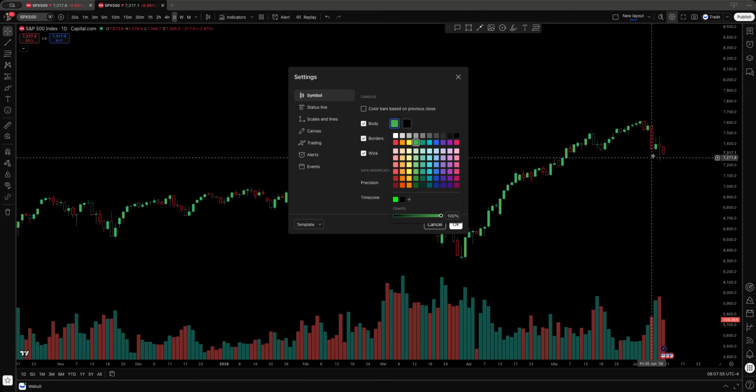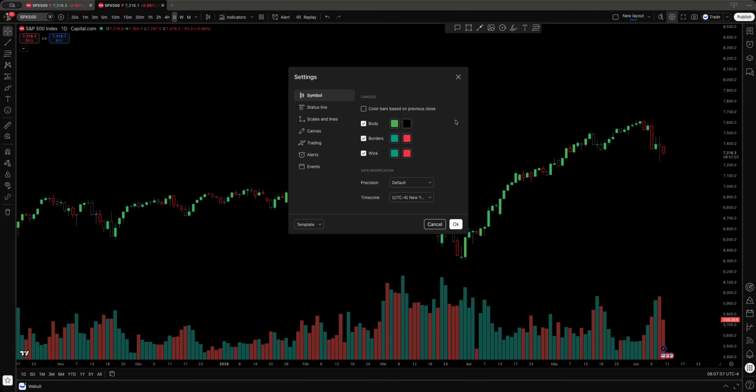That's kind of my Matrix theme, if you will. So you can just change that, and then also change the borders accordingly. For borders, I actually use green and black right down the line here. I'm sorry, I use